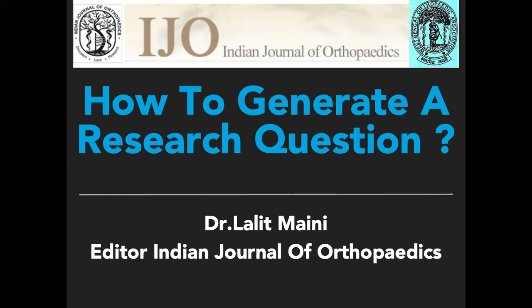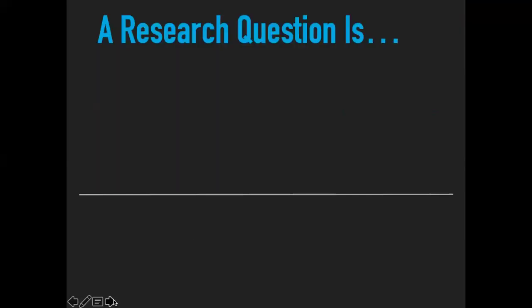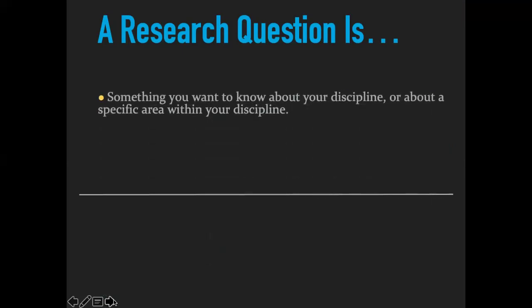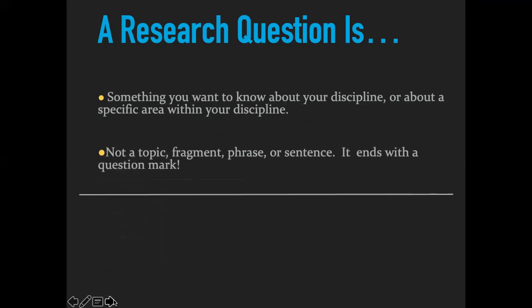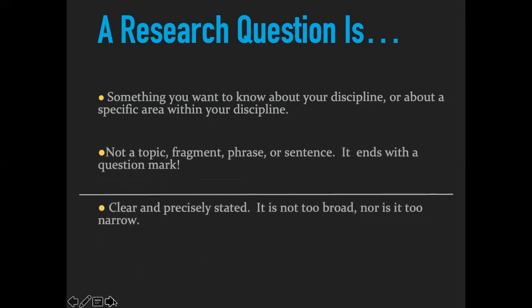So, a research question is something you want to know about your discipline or about a specific area within your discipline. So, orthopedics is your discipline. You might want to research something in a knee joint problem. It's not a topic, fragment, phrase, or a sentence. It ends with a question mark. So, it's a very specific thing,